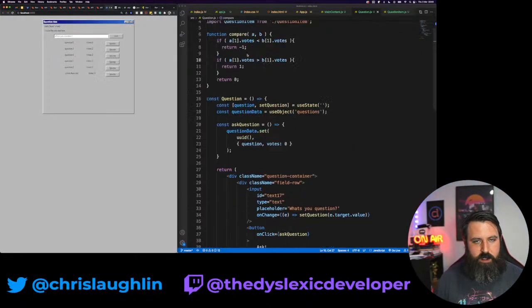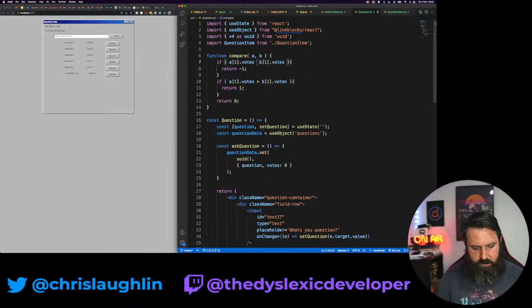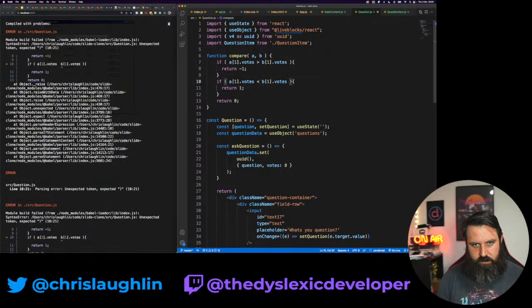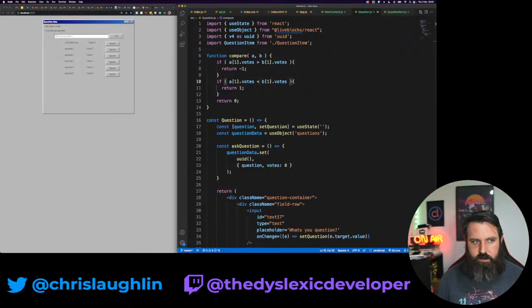So it's going the opposite way. So I'm assuming if I flip these around, yes. So I'll vote question 1 up to the top. Oh yeah, it's got the top, but it's kind of funky that it moves around or whatever.